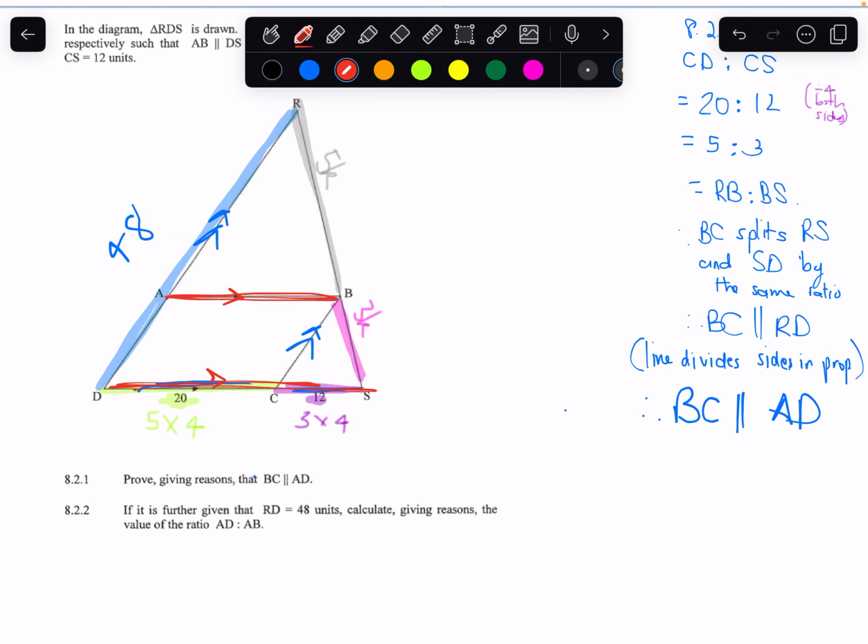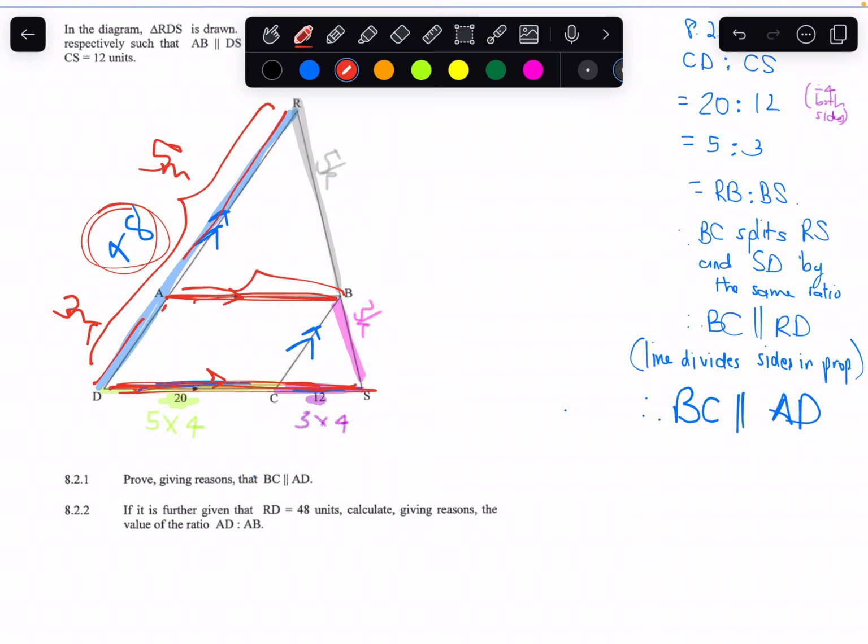Because we have a line that's parallel to one of the sides of the triangle RDS, that means this side has also been split into a 5:3 ratio, right? 5m and then 3m, whatever that number is. So we can split up the 48 in the ratio 5:3 so that we get this piece and this piece's length. And then to get the length of AB,